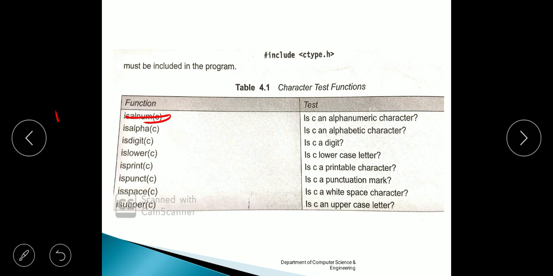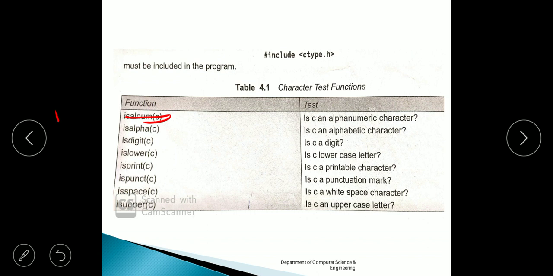So we are asking whether c is an alphabet or not. If the value stored in c is an alphabet, then the answer would be true. Otherwise, if c has the value 1, 2 or any number, then the answer would be false, because c is not an alphabet here. Okay.